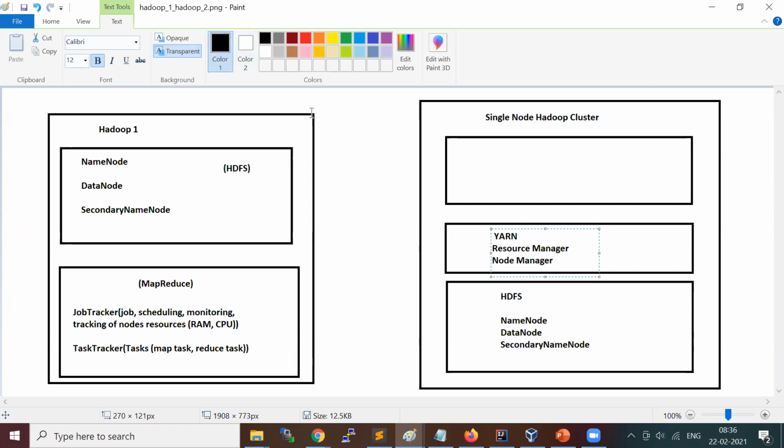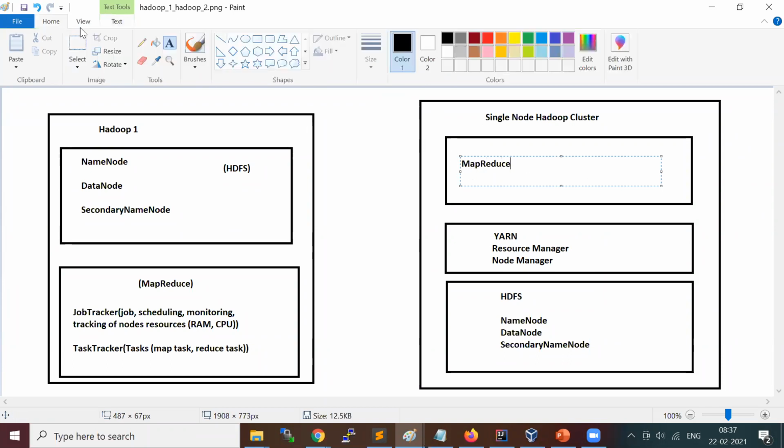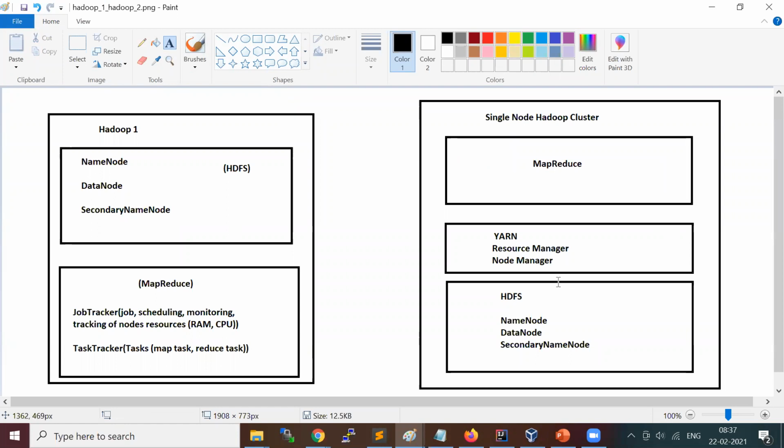And it will come with MapReduce also. So the MapReduce framework will be there, which will make use of YARN for job scheduling and job monitoring. So once we do the Hadoop setup, we are going to have all these things.